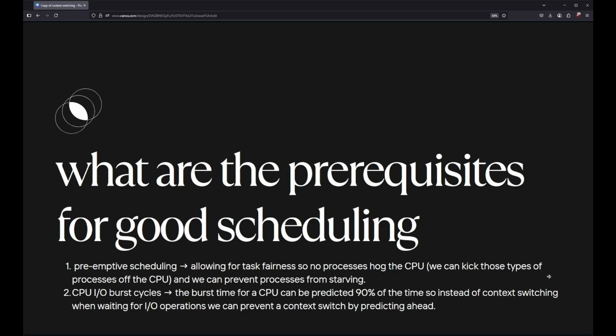I can see you have a comment in the chat. So you're saying that non-preemptive scheduling algorithms are bad. What about high priority interrupts? I mean, I can get into it. I think I'll talk about it in the next few slides, but just to give you a brief answer to that. When we talk about